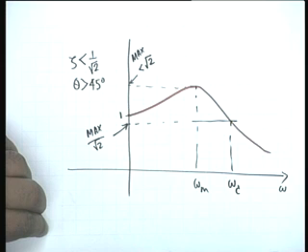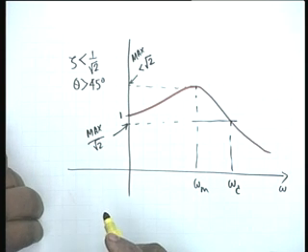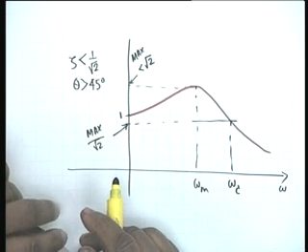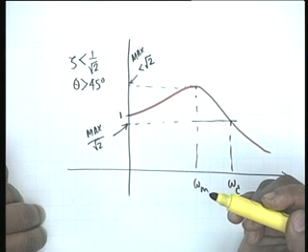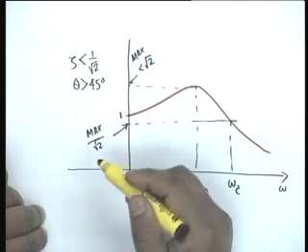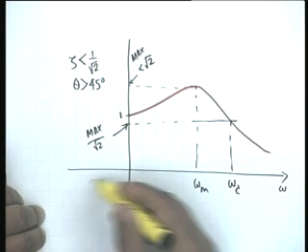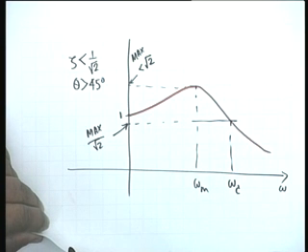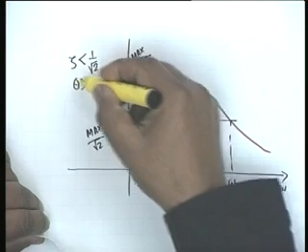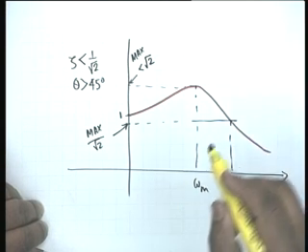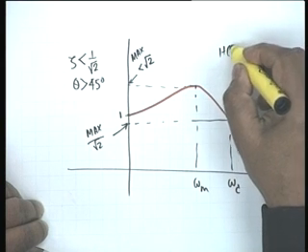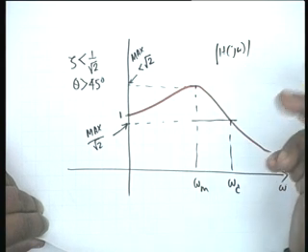So there is still only one cutoff frequency, because the DC value is greater than max by root 2. One might argue, if I extend to the negative frequencies, will it come down? No, the magnitude response is an even function, magnitude H of j omega. It is the same for omega positive and omega negative.